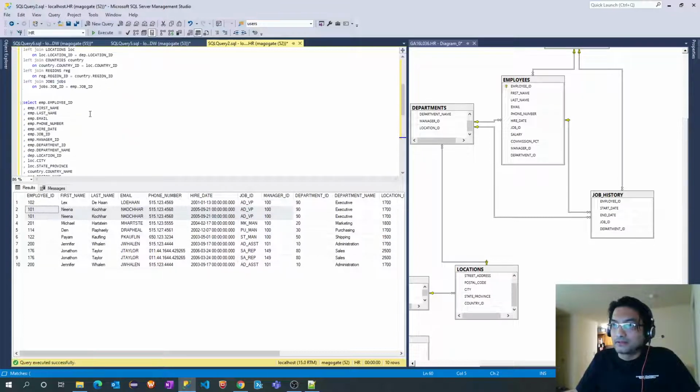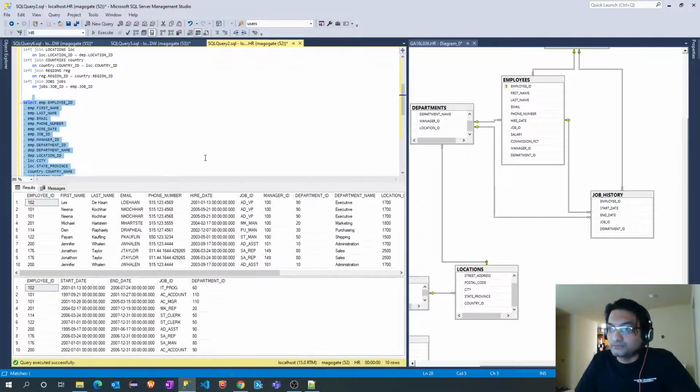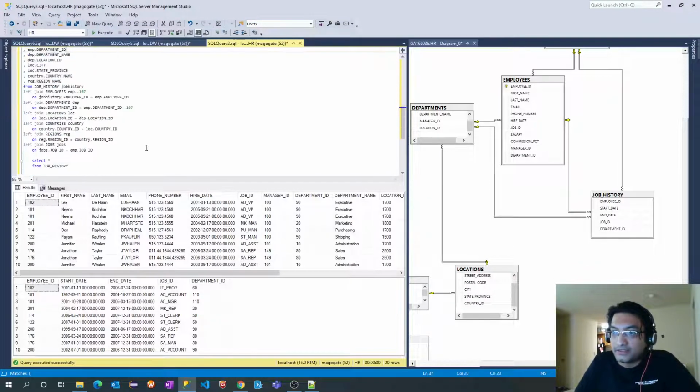The second record set is from my job history table, and you can see here employee ID 101, the job ID is showing as accountant and accounting manager. Department is 110. Whereas over here you are seeing hire date as same, job ID as same. So this is incorrect.